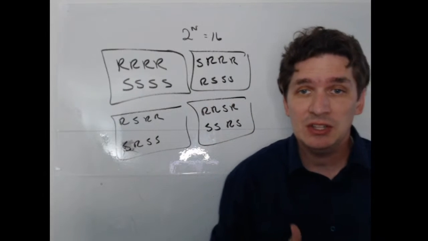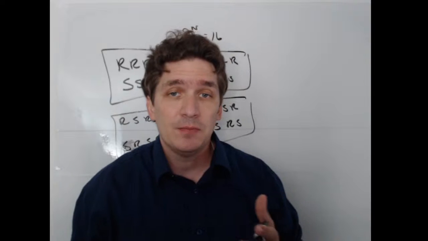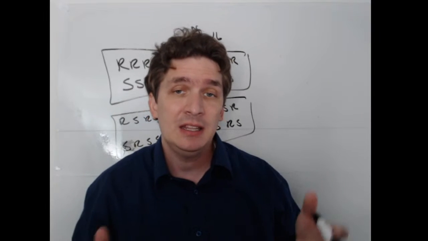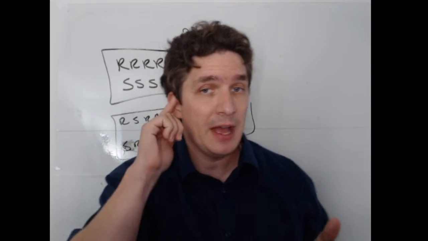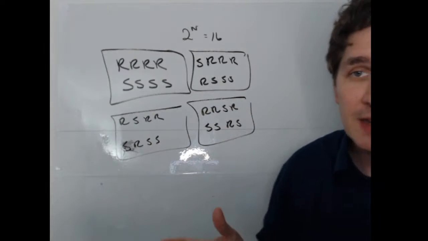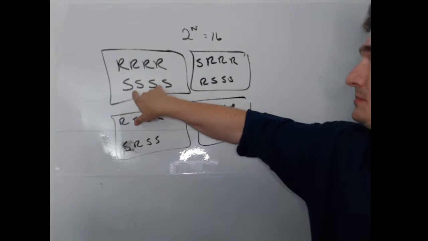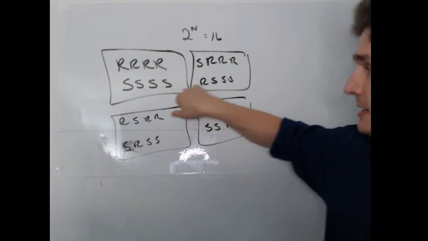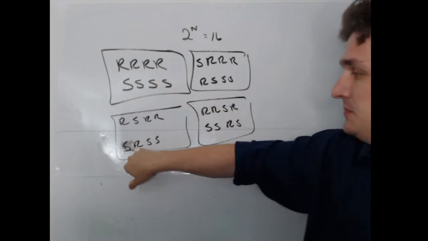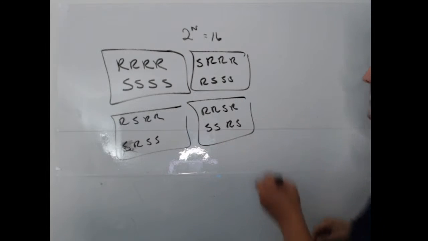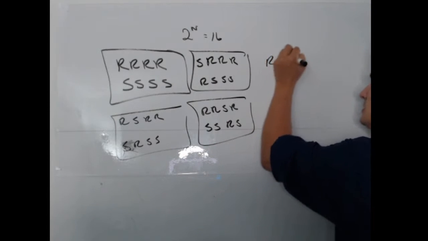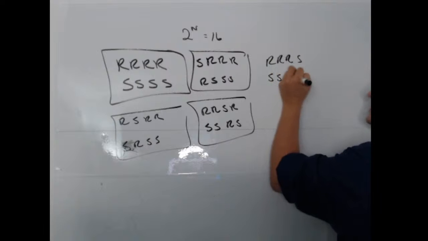You're going to start changing the R's and S's until you get to your 16, and that's when you're done. Now you may sit back and say, well, how do I know? Well, you go back and check. But what you're going to find is that this follows the reverse pattern. This is all 4 S's. This is one of them changed. Second one changed. Third one changed. I can do the fourth one changed, R, R, R, S, and get S, S, S, R,